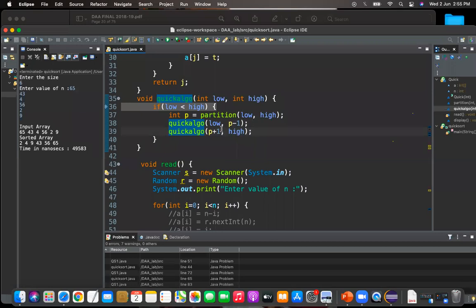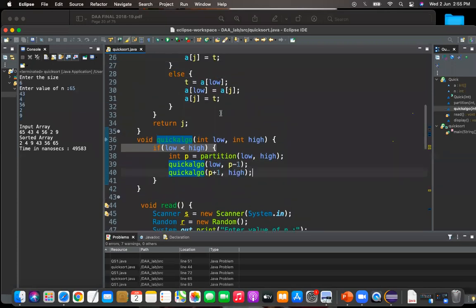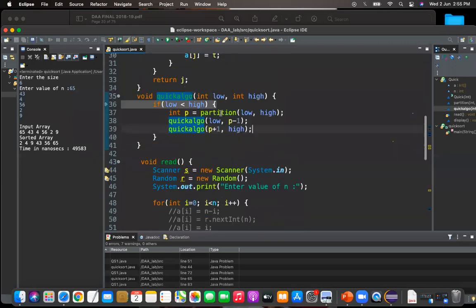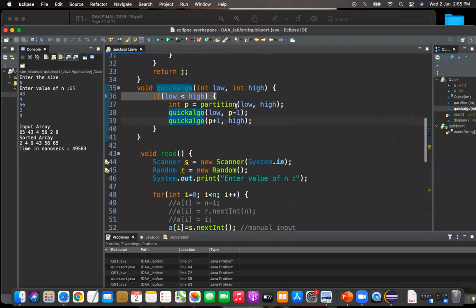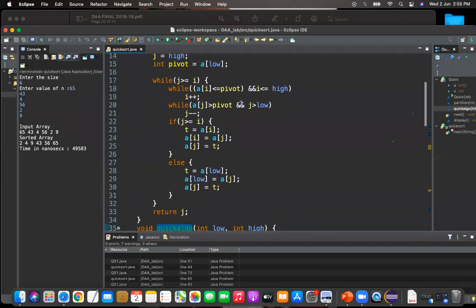See, this is what I showed in the beginning itself, how it is going to sort. First it will find the mid element, and then the left side array, and then the right side array. As I said, it is the same thing you have studied in the theory, the same algorithm, no changes to the algorithm. So we shall come to the partition. We are in the first iteration. It will call the partition function.